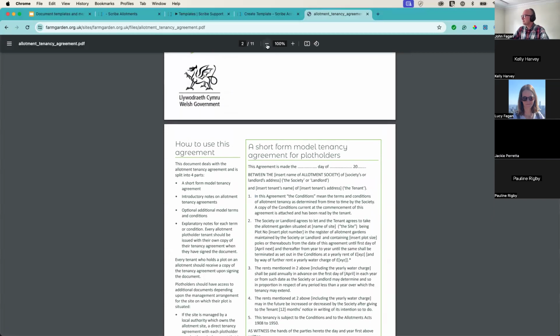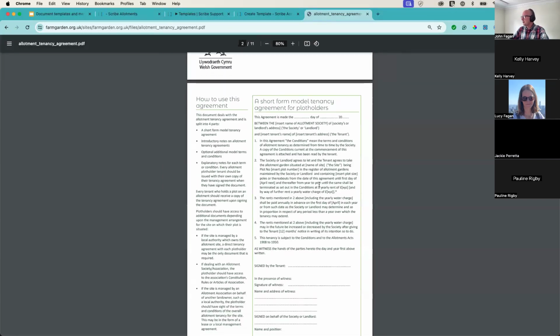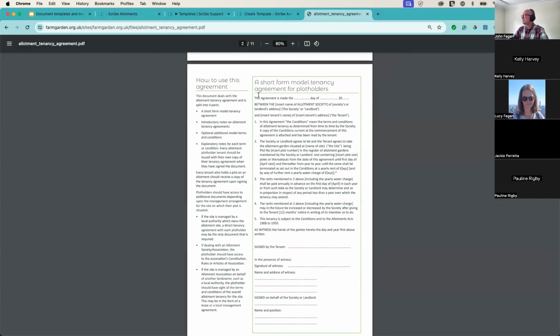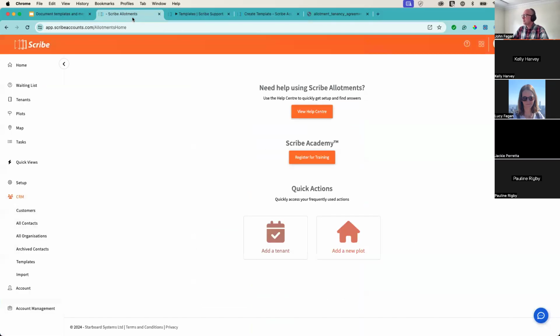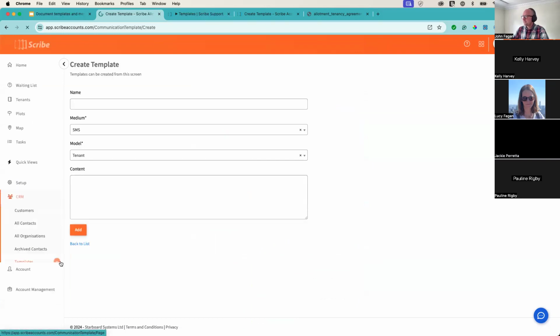Let me just zoom out. A lot of you already have your own templates, so this is a process of converting one of your documents into a template. So I've copied all that text there. Now I'm going to come over to allotments. Let's just check if anyone else is coming in. So I'll create new